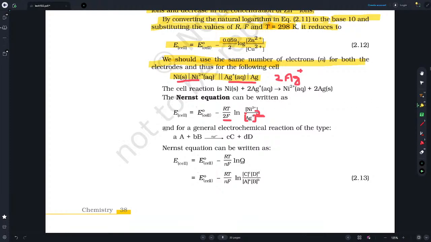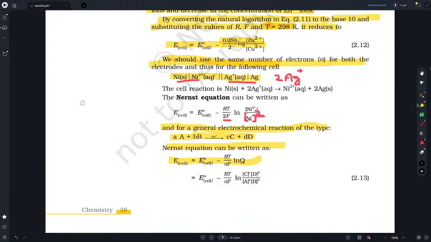And for a general electrochemical reaction of type aA + bB → cC + dD, with small a, b, c and d being the coefficients and the capital letters being the actual species, the Nernst equation can be written as E cell equals E naught cell minus RT by nF ln Q, where Q is